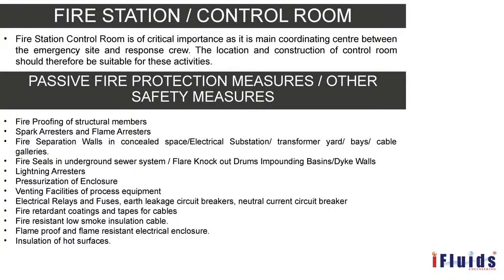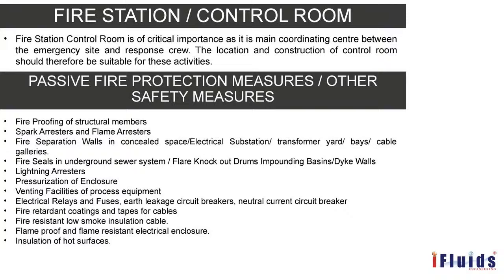Chapter 22 states about passive fire protection measures or other safety measures. With respect to passive fire protection measures, you have to refer to OISD standard 163. But some of the things captured in this standard are: fireproofing is mandatorily required for all the structural members, spark arresters, flame arresters, fire separation walls, and knockout drums,